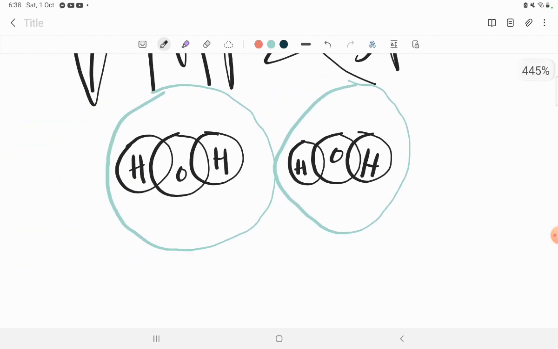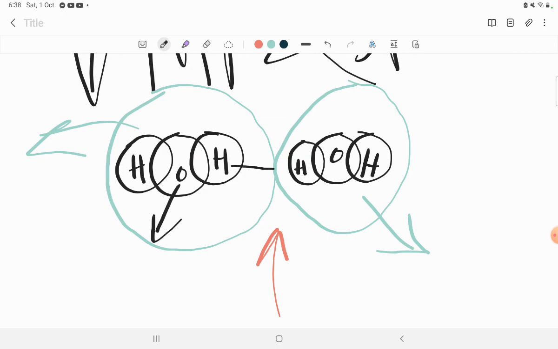Okay, so when we apply heat over here, the blue circles will separate. One moves here and one moves there. What doesn't happen is oxygen going here and hydrogen going there. When hydrogen breaks off from oxygen, we don't get that. Only the blue circles move away, they break apart,